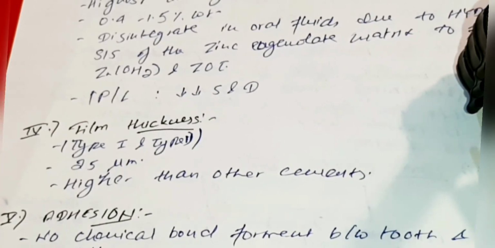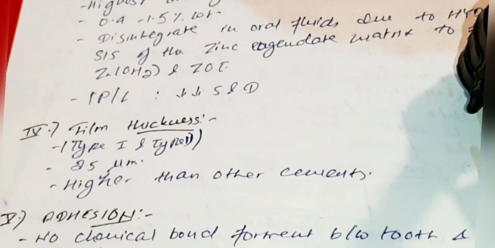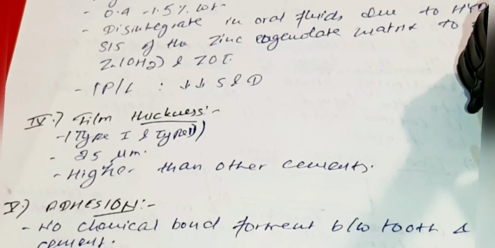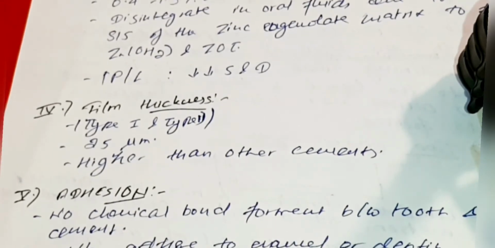I have already told you that glass ionomer cement chemically adheres with the tooth, and that is why it has got the name ionomer cement. That is, they have an ionic bond with the enamel and dentine, and most of all with the enamel. So if you haven't watched that video, please also watch that video too.